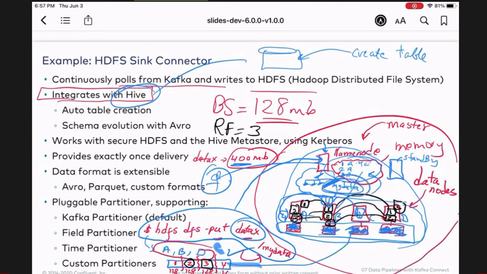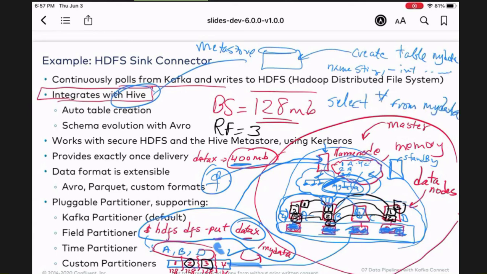So I would say create table my data, and then I would describe it: name is a string, whatever is an int. I describe the data types, but that's stored in this thing called the meta store. Then when you come and write a SQL query, like select star from my data,